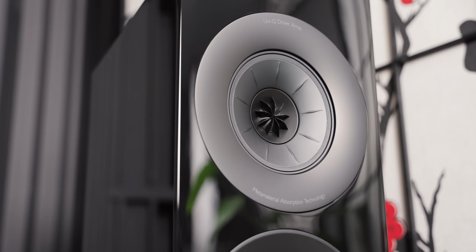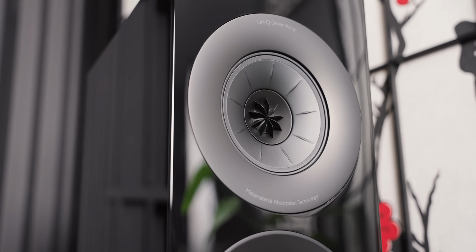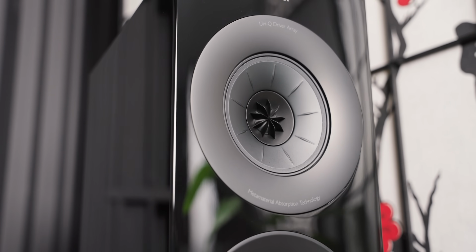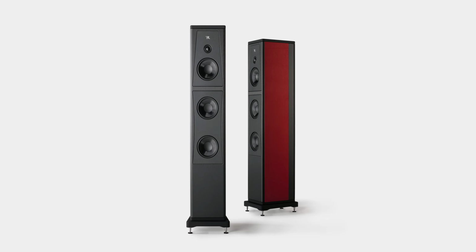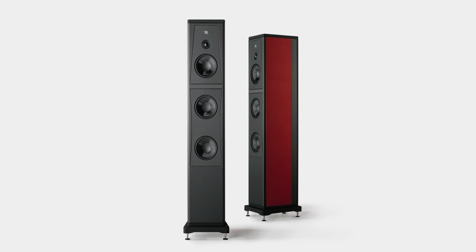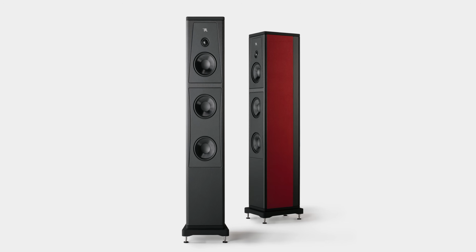So I would have to give it to the R3 Meta in terms of the mid-range and treble quality. As well, the treble quality is just really excellent on the R3 Meta. It's very refined, very smooth, while still having all that detail, kind of reminding me of a higher end speaker like the Rosso Fiorentino Sotaldo 2 loudspeakers that I reviewed, but in a way more extended and airy even than